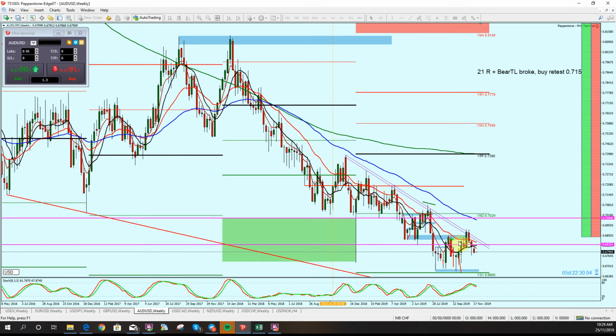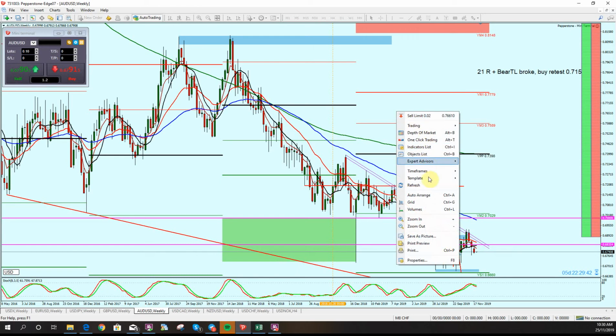So that's a bullish perspective. A bearish perspective: every time it's come up and hit this level, bang, here, bang, here, bang, here, bang. Here it is again. Here we had a double bottom, higher high, hit this level, and bang, down she went. So is that what's happening at the moment?